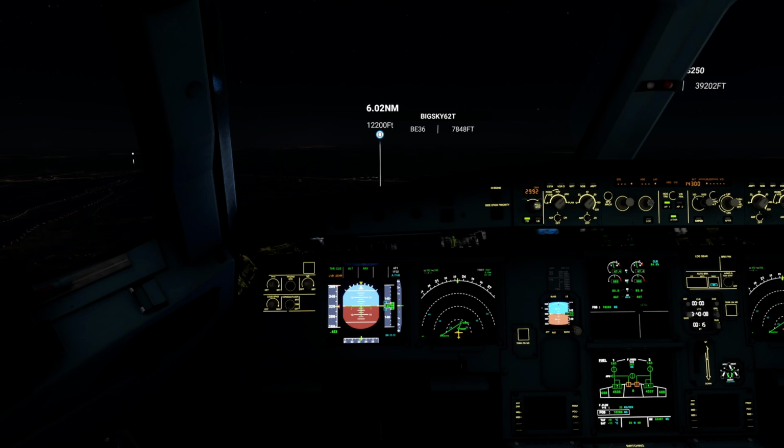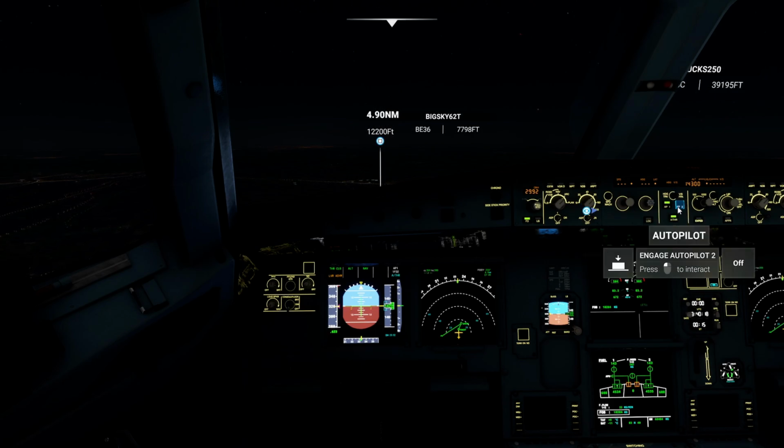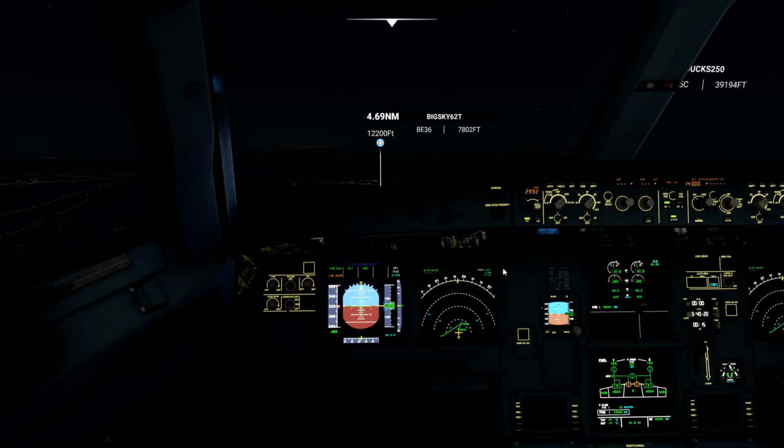So there are two types of RNAVs. There are the more common one that uses the track heading and the FPA, and then there is the fully managed RNAV. So both of these technically in real life would require charts, and the second one, which I'll do a